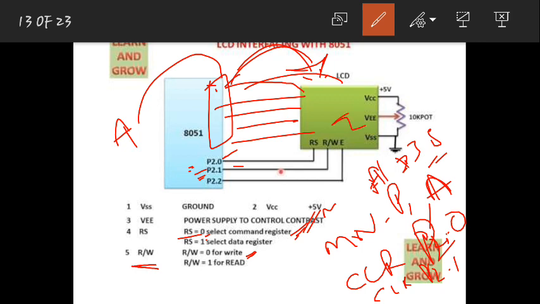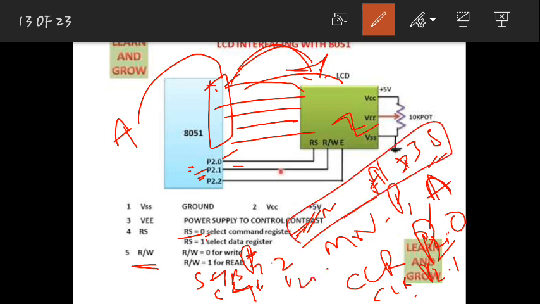Next I should make this enable high to low. So after writing this, I am writing the next two lines: set P2.2 and clear P2.2. This was already written in my program, which I showed you in the next slides.